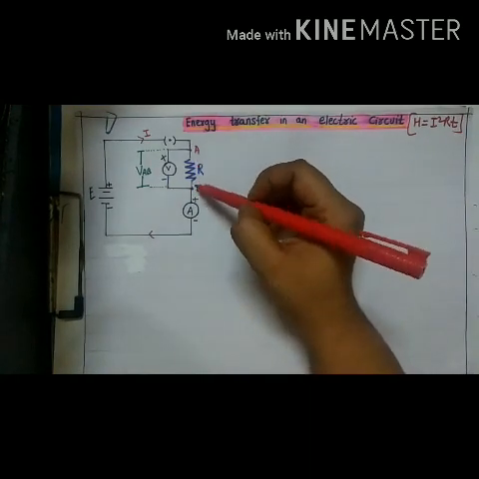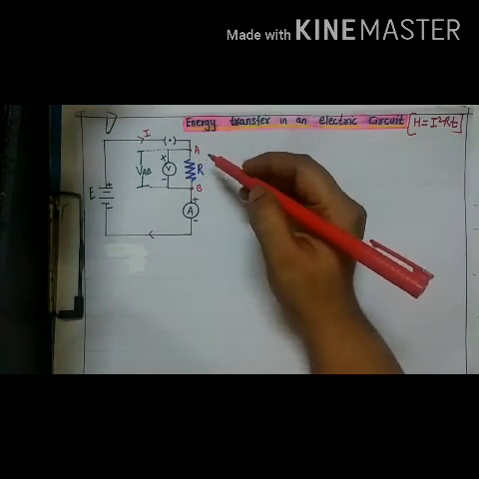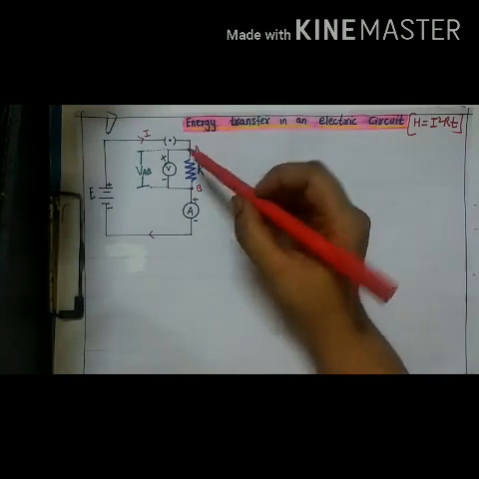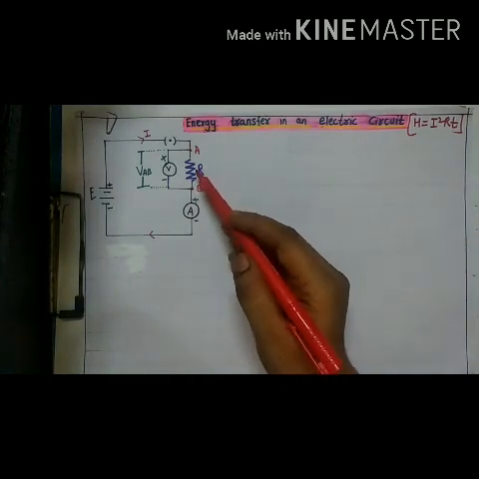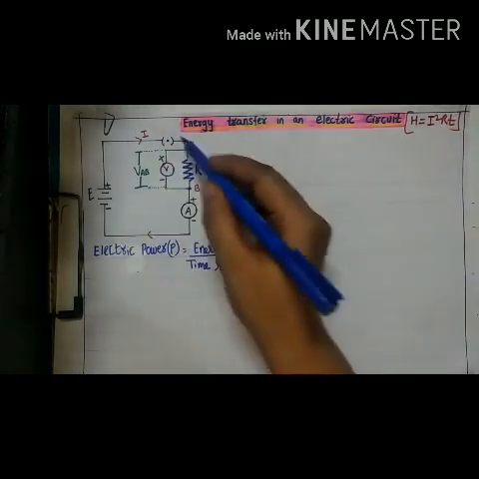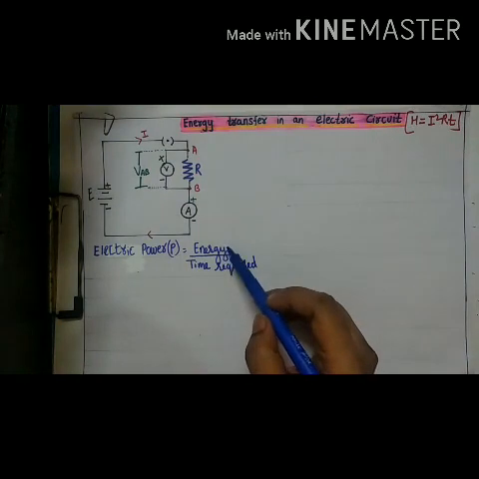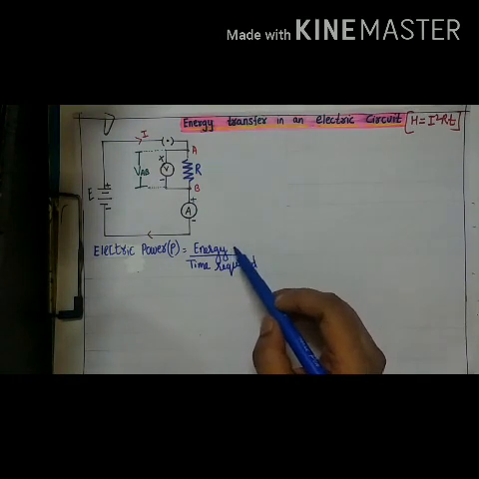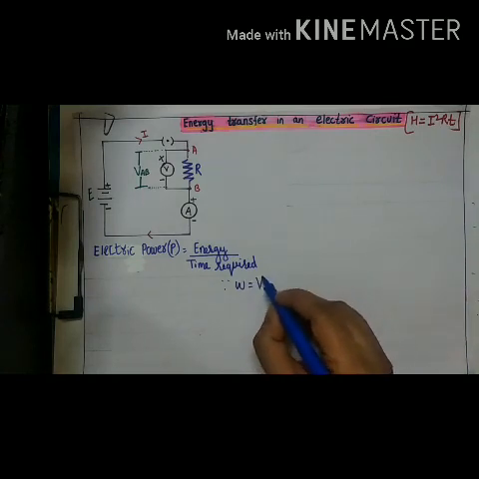If the resistor is replaced with a motor, the energy given by the cell will be transferred into mechanical energy. If current is flowing through the circuit, electrical power can be given as energy upon time required. What is energy? Energy is total work done. Work done is VQ,